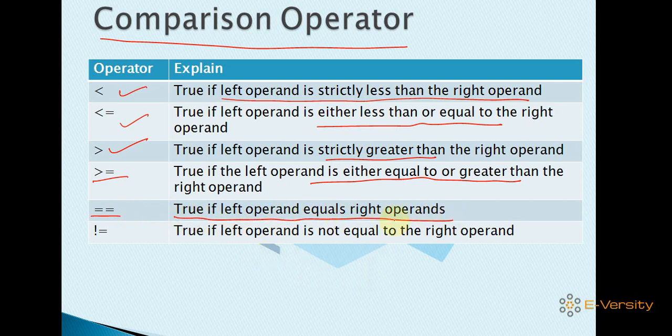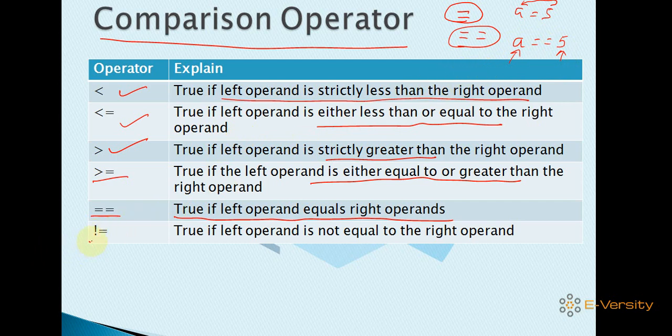Okay, so sometimes there is a question asked by the interviewer: what is the difference between single equal to and double equal to? Single equal to is used for assigning a value. That means a = 5 is just putting the value 5 into a. But when you are using double equal to, what does it mean? It is checking whether the value of a is equal to 5 or not. If it is equal, it returns true, otherwise it returns false.